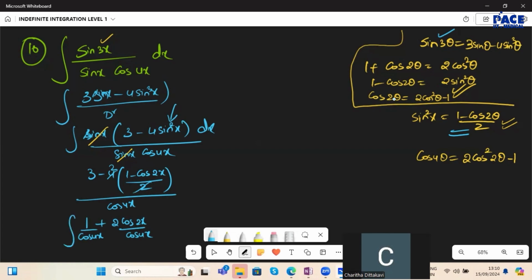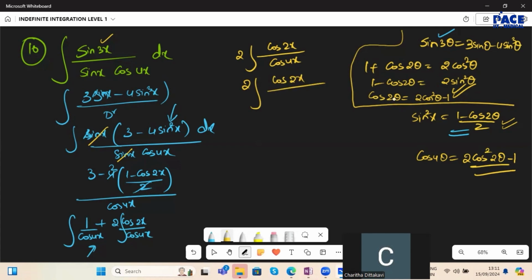Right. So this part, the integral, the first part I am not solving. Second part itself I am concentrating on. First part is what anyhow we have just now done. So 1 by cos is nothing but sec x. Sec x integration is log mod sec x plus tan x. That part you do it. I am concentrating on 2 times integral cos 2x by cos 4x. Now, what is this cos 4x, which is nothing but 2 cos square 2x minus 1. So, 2 integral of 2 cos 2x by